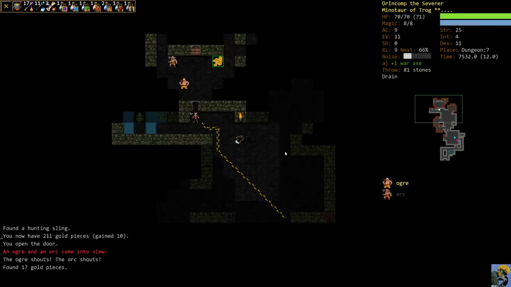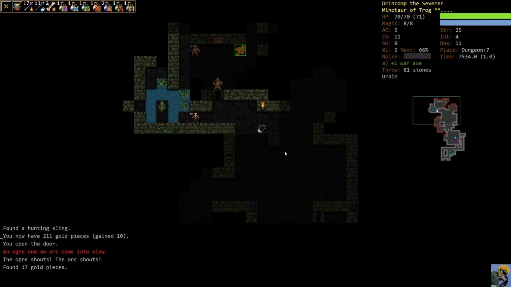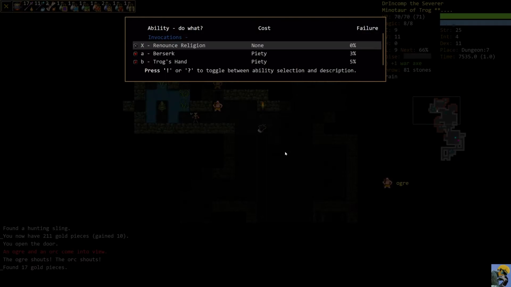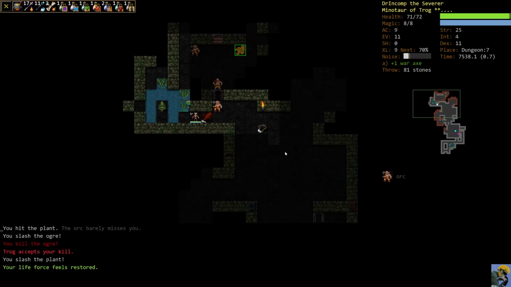Okay, there's a sling. And here's an ogre and his buddy, the orc. Alright, I'm going to cut over here. Hopefully there's no enemies. They'll probably work to flank me in this situation, if I had to guess. I'm going to wait, actually. I'm going to see if I can kill this ogre without going berserk. I can. And we got our health back, and actually, now we have 72 hit points,